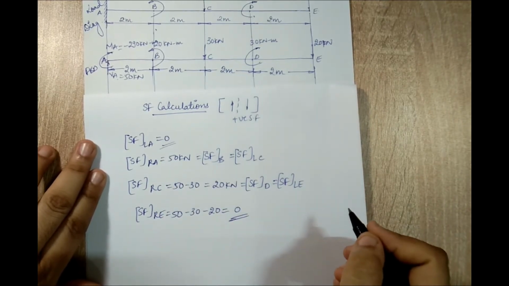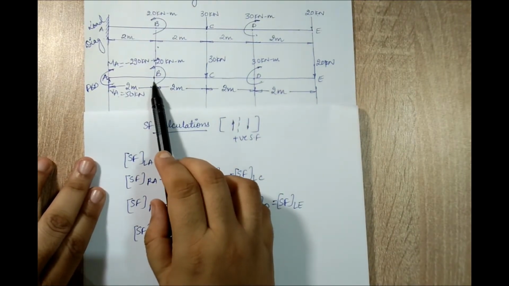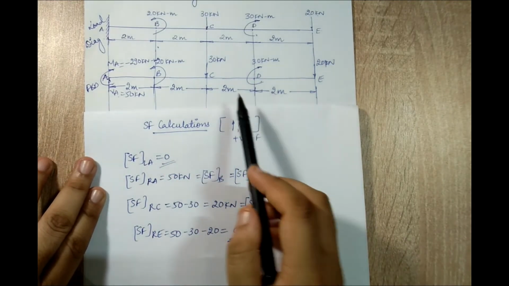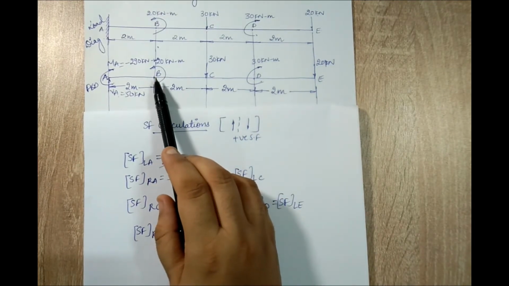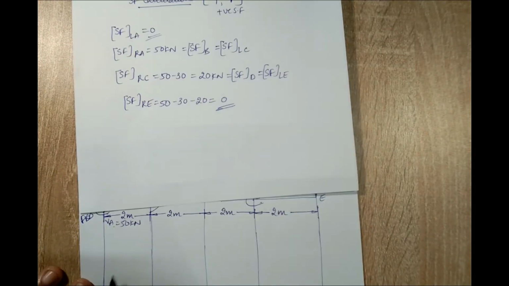My values are correct. Now this numerical was important because I had to explain to you about points B and D, which I was referring to in my previous numerical, that at a point if there is no shear force, calculate the value only once. So we'll plot these values now. I have all the values positive, so I'll draw the line here.